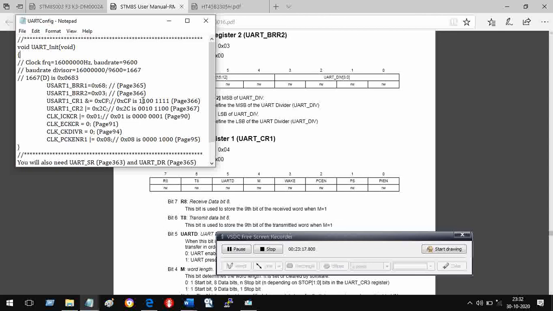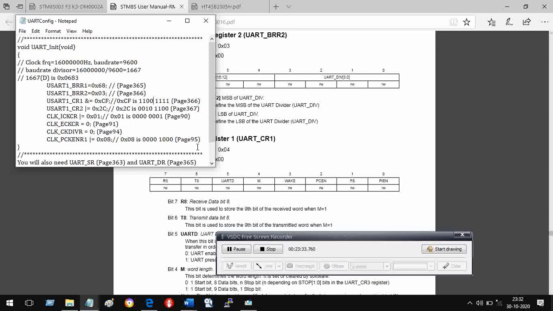So when you AND something with 1, that bit does not change. When you AND something with 0, that bit is forced to become 0. It means bit 0, 1, 2, 3, 4, 5. Bits 4 and 5 I am making 0.